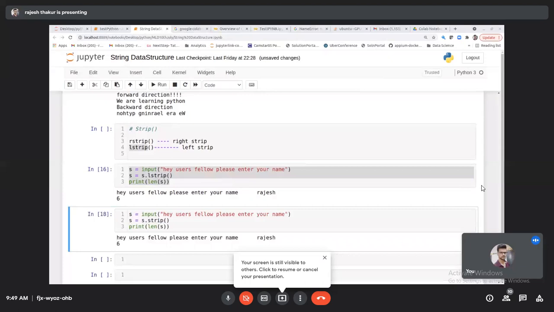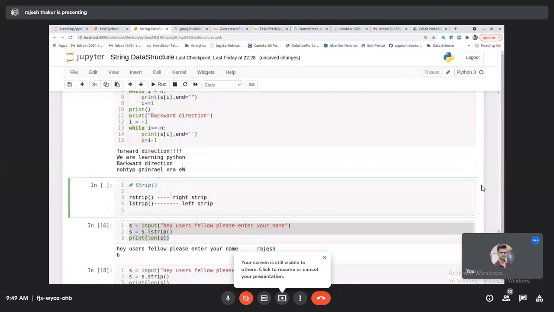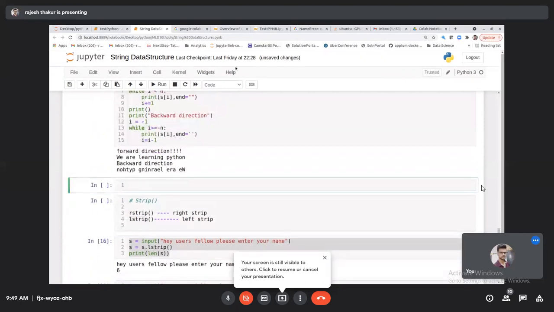No doubt? Cool. Now we'll understand the membership operator. Just try to understand the membership operator. Rstrip is completed. Okay, so let me create one markdown. Keep this notebook as a future reference whenever you are going for an interview. Anyway, we are going to launch one app. In that app, all the things will be at the same place. We are going to create all those things. So whenever you are going for an interview, just explore that app. You will get everything. So strip function.